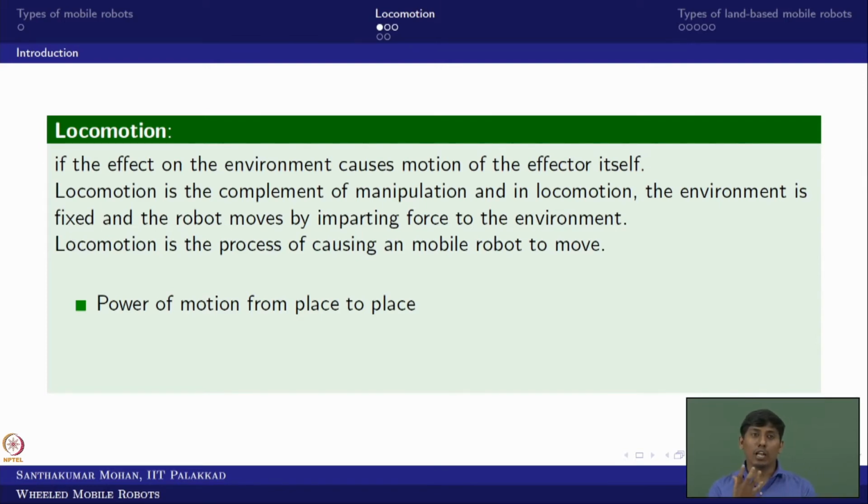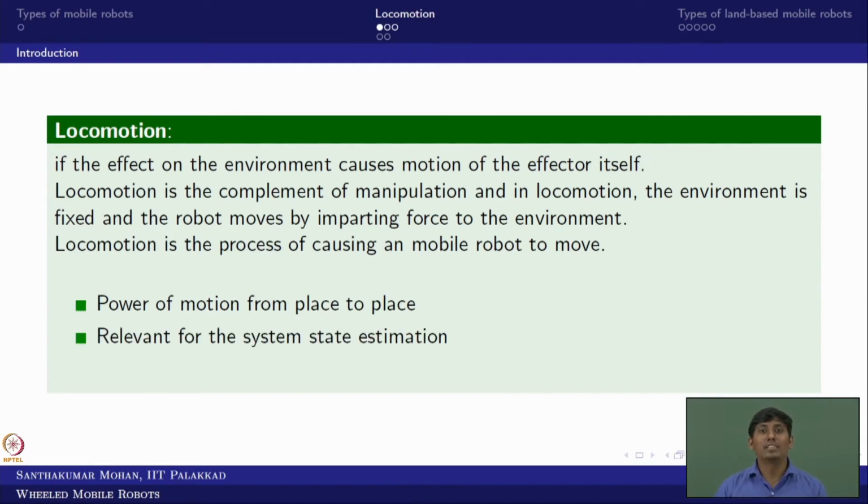So that gives a locomotion system, and that locomotion system gives an idea. If I make it into a model, I will be able to estimate the system state. That is what is important: locomotion is going to give the overall system state estimation. In the sense that the system state propagation itself is provided by the locomotion system. This is the idea.